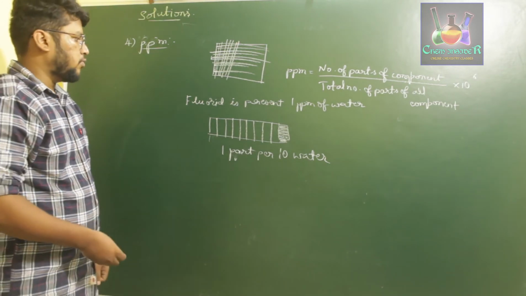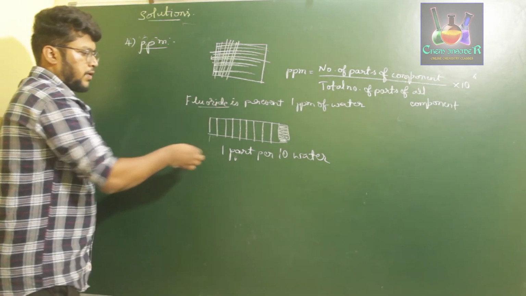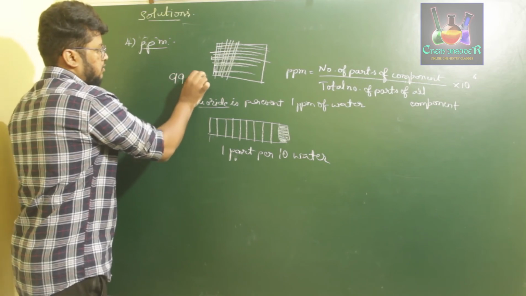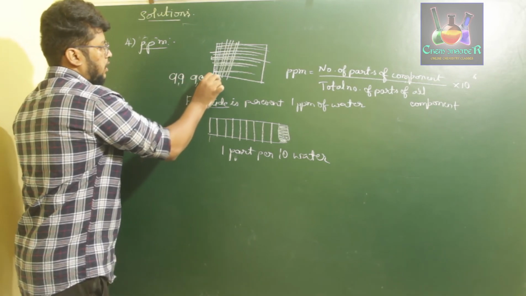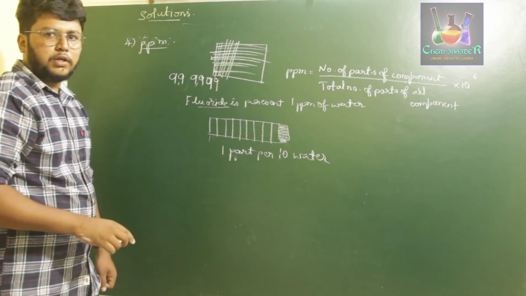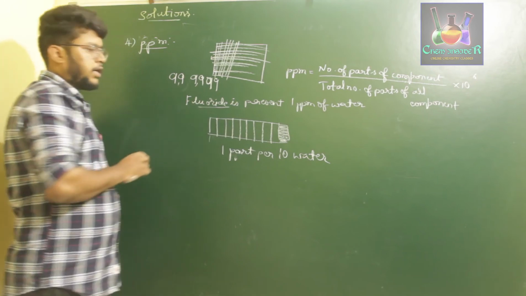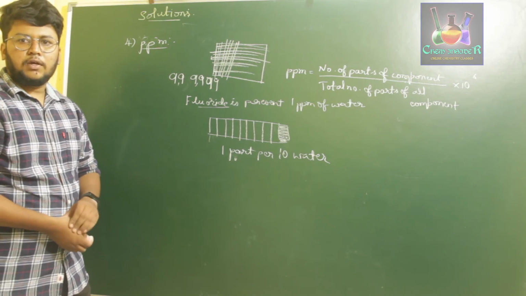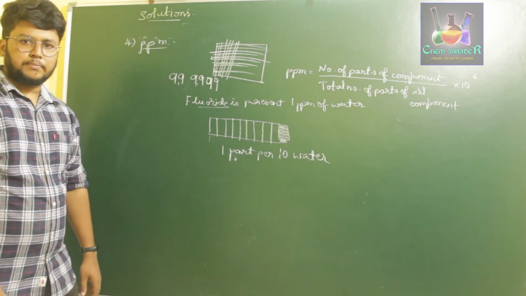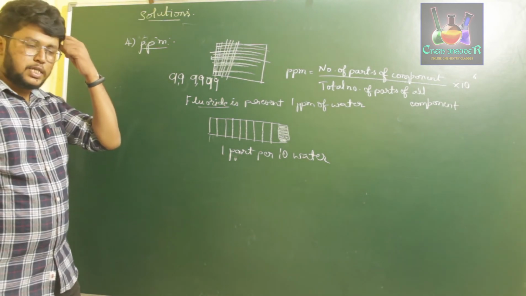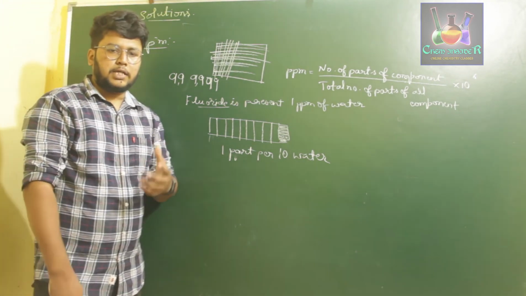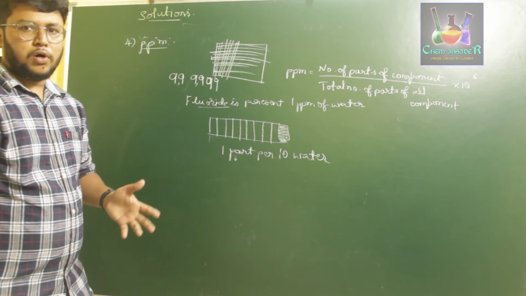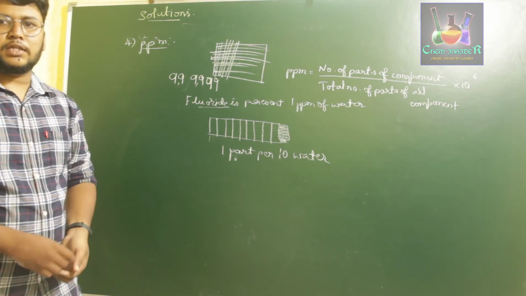If you consider a particular ore which has fluoride impurity in it, it will be given as 1 part per million. If you consider water itself, then there will be 9,99,999 parts of water in 1 part per million of water which contains fluoride. Okay, so this is what parts per million says. So parts per million means the number of parts of the given component divided by total number of parts of all component into 10 power 6. So 10 power 6 is nothing but million.